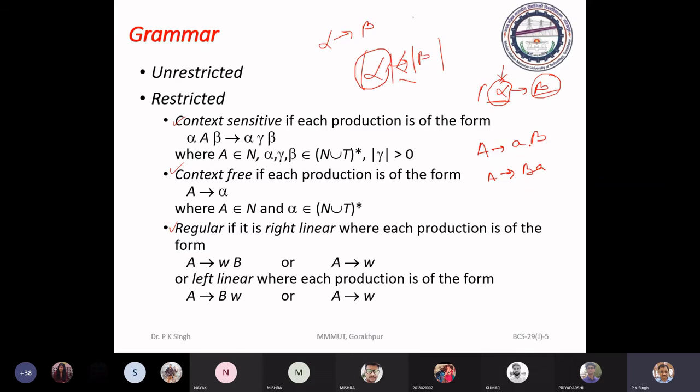So if a non-terminal is to the right of the terminal symbols, then that is called right linear grammar. If a non-terminal is to the left of the terminal symbols, then it is called left linear grammar. Okay.